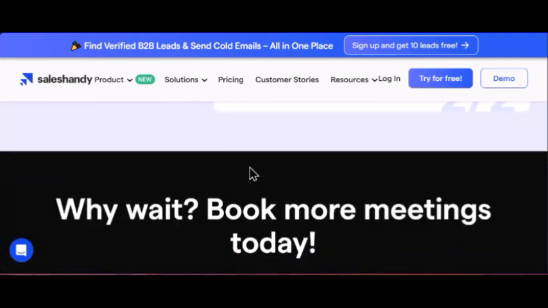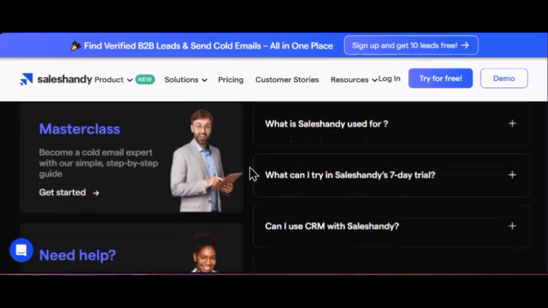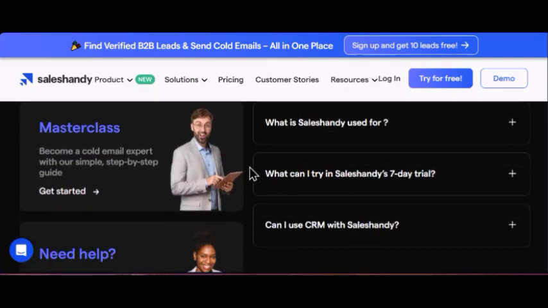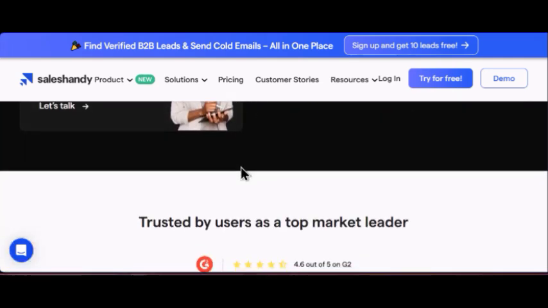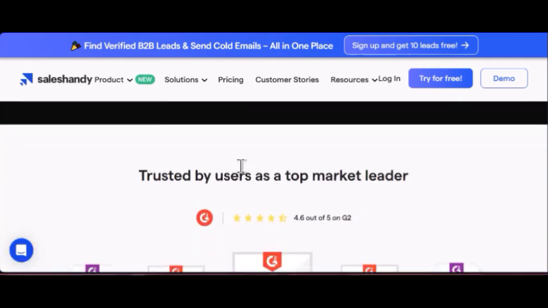Now, when it comes to the cons, it has email delivery issues, yes, because your emails can sometimes land in spam folders. Then it has limited CRM integration and buggy software. The customer support is not really satisfying or helpful. And lastly, limited advanced features. It is good for core email outreach, but it lacks some of the more advanced features found in higher-end sales